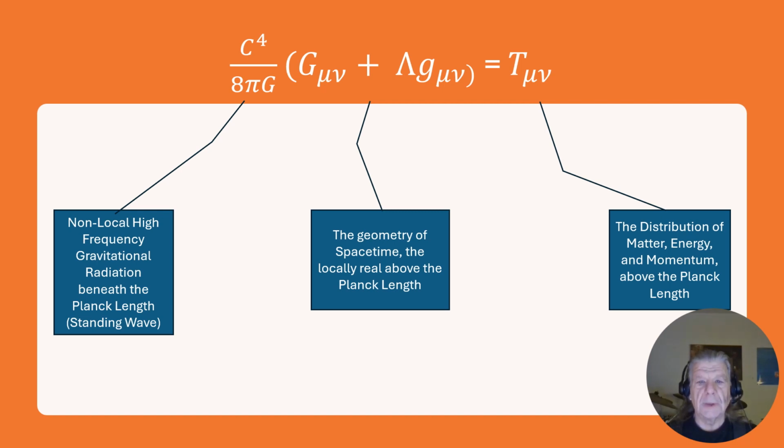The only way something can stay outside of space-time is if it falls below the Planck length, because space-time ends at the Planck length. There is no zero here. It just ends at the Planck length. That's the smallest thing in this place where we are right now, according to Einstein's General Relativity. Now, over there on the right is the distribution of matter, energy, and momentum.